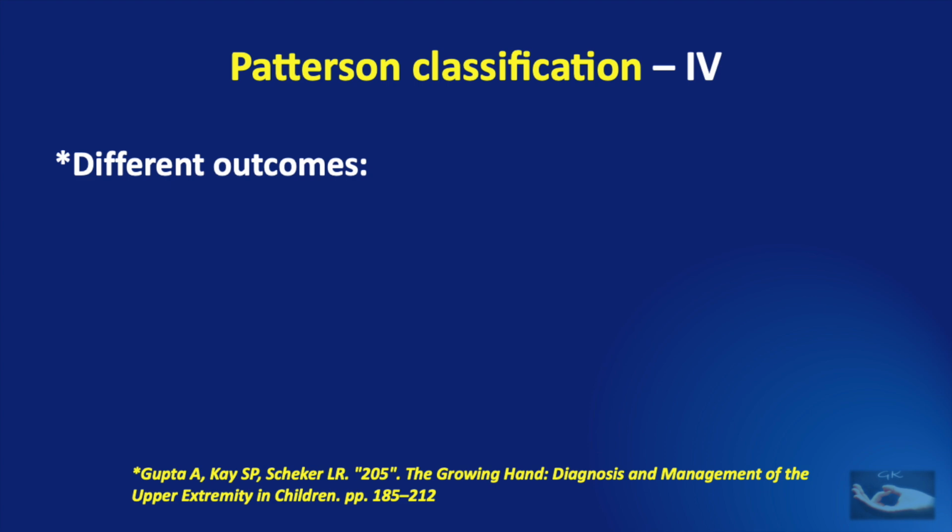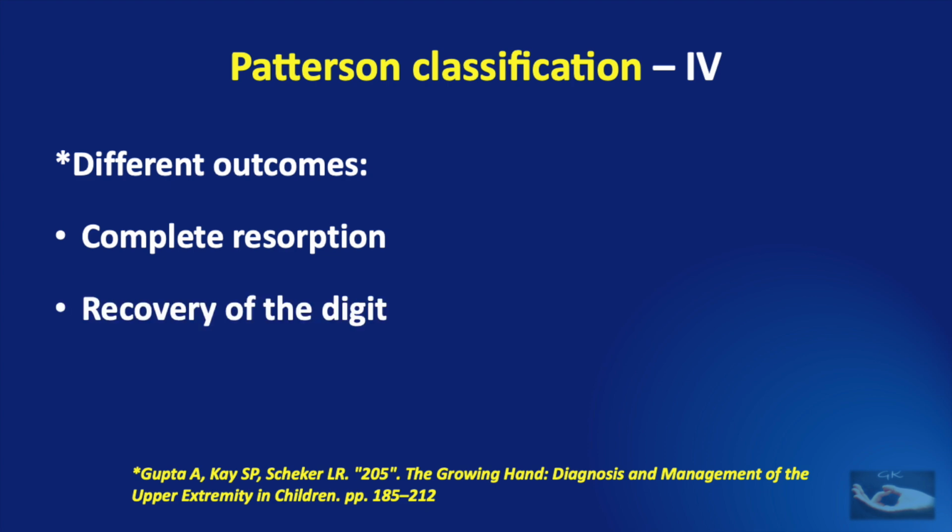There are three different outcomes following Patterson type 4 acrosyndactyly. The first is complete resorption. This is the most common form of amputation. In this form, the amputated digit is completely resorbed during the intrauterine development, and therefore the amputated digit cannot be